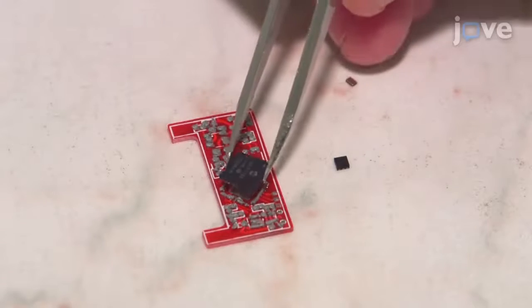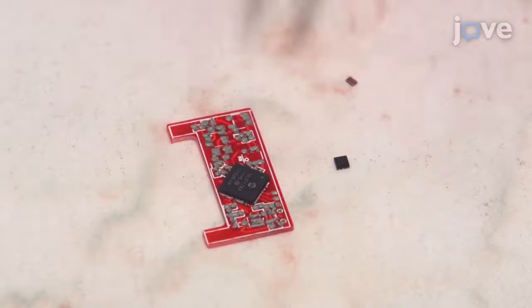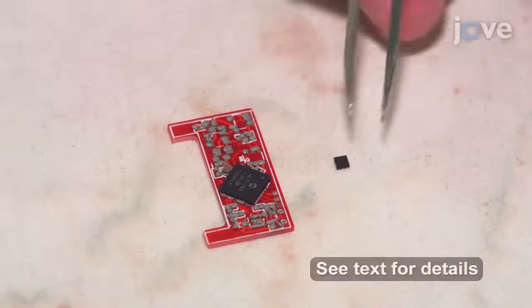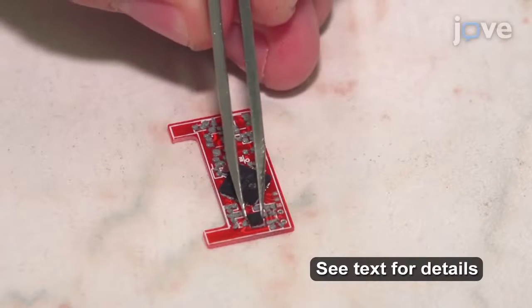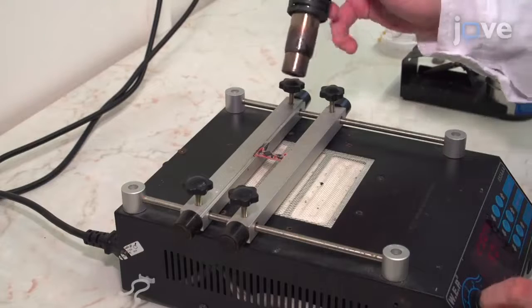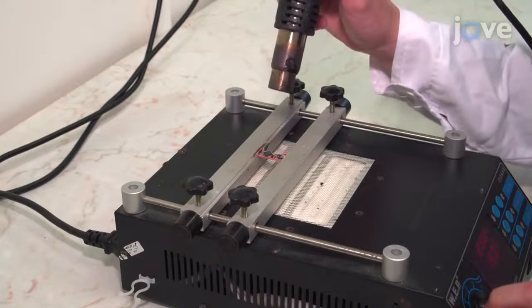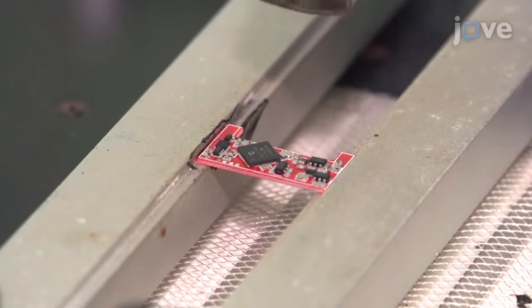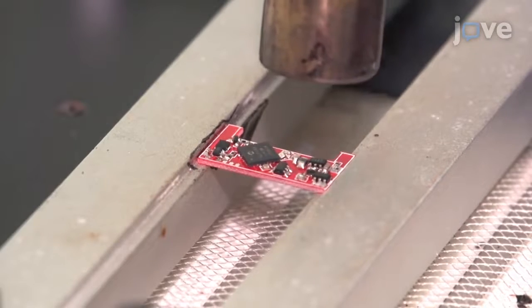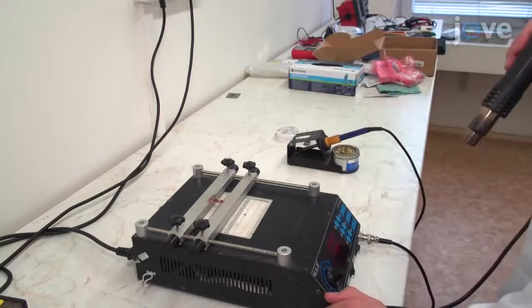With a pair of anti-static tweezers, place all components on the top layer of the PCB. Assign the component positions and components to their numbers. After that, use a PCB hot air gun station at 260 degrees Celsius to solder all components. Wait until all the solder paste melts, put away the hot air gun, and allow the board to cool to